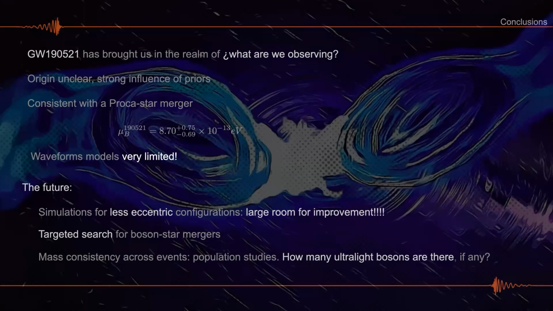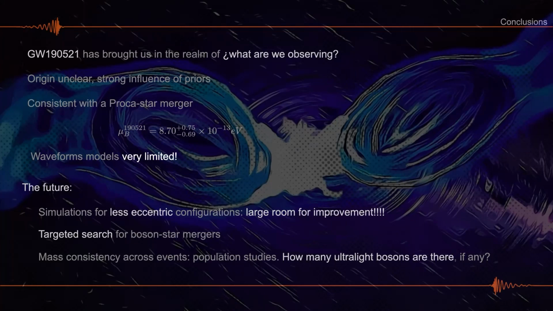We're getting now to a situation where we are detecting stuff that is really challenging our capacity to interpret such stuff. On the one hand, it may be hitting the limits of our ability to produce waveforms for given sources. And on the other, when your measurements are driven by priors, you basically need to try everything that you have at hand. So some improvements that we want to do in the future: we're working on simulations for less eccentric configurations of boson star mergers. So on the one hand, more realistic, on the other hand, louder.